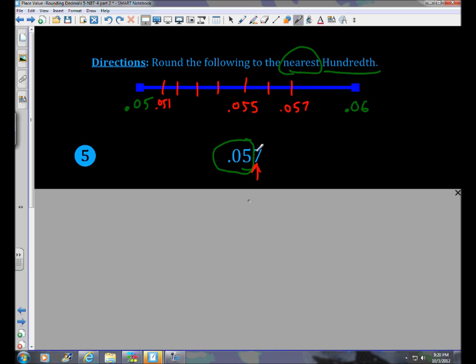The 7 also tells us that. We could say it's greater than 5, so we round up. So this bumps up by 1. Oops. Bumps up by 1. So 5 plus 1 would be 6, and that would be 6 hundredths. So that number rounds to, so 57 thousandths rounds to